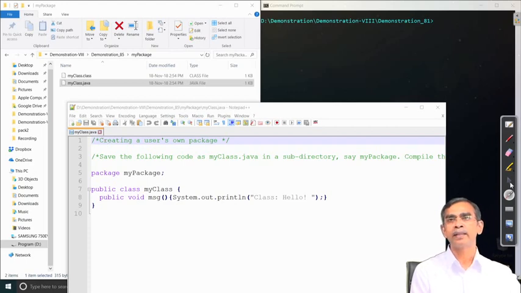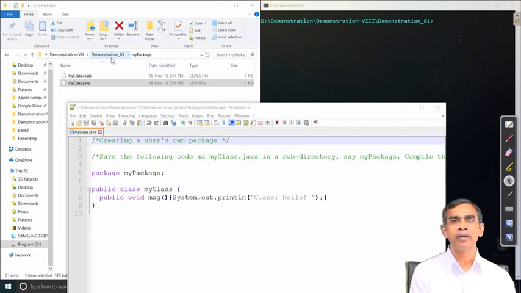And one more important thing is that if you want to store one class in a package, then that class should be declared with the public access specifier. So, here you can see we have given the access specifier as public, public class my class. So, this completes that one class is ready to be put into a package called my package here. After completing so many steps, one package is created. I hope you have understood how a package can be created.